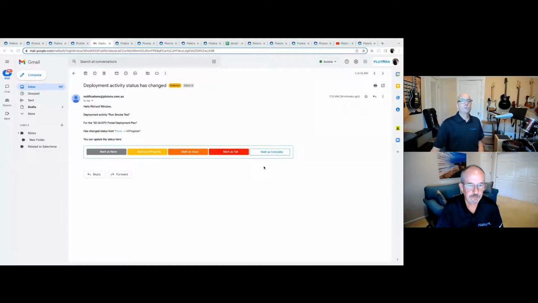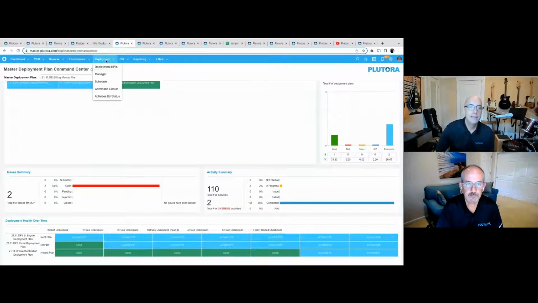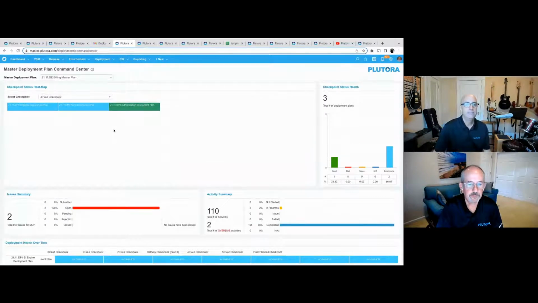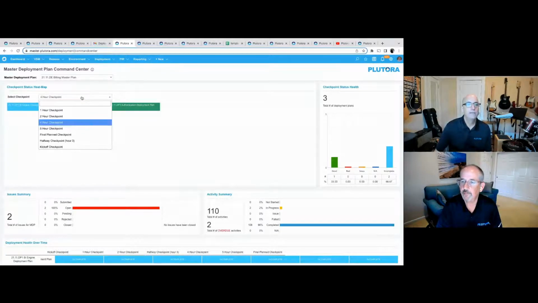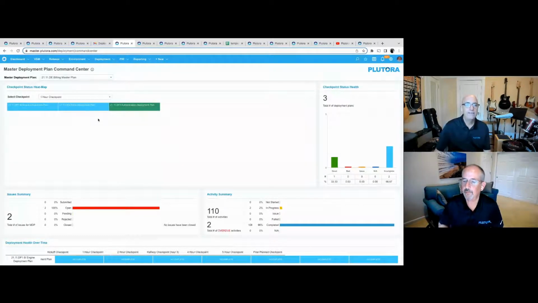Well, what about the folks who are worried about the broader view of what's going on? We have a command center. This command center is going to give real-time visibility into these plans. Often we'll even see plans where there were multiple teams working simultaneously. In my little example here, I've got a master plan with 6 different checkpoints. These are all configurable, but hour 1, have the teams check in,